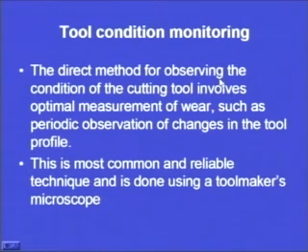The direct method for observing the condition of the cutting tool involves optical measurement of wear, such as periodic observation of changes in the tool profile. Now, this is one particular direct measurement technique. In the direct measurement technique, we will observe the condition of the tool periodically after a specified set of time intervals. We will stop the operation, take the tool out of the tool holder and observe it under a tool maker's microscope. The instrument that will be used is the tool maker's microscope, and we will see the condition of